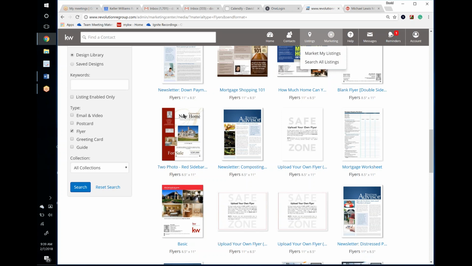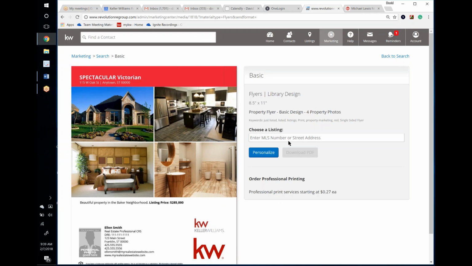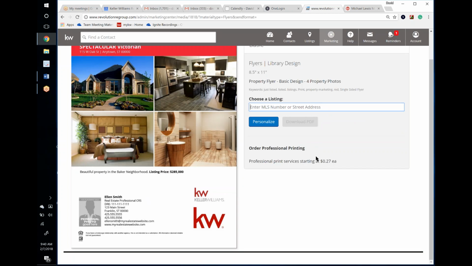If I was to click on any one of these, let's just go ahead and click on this one right here. It would go ahead and open it up, and I can personalize it. Now, if I had a listing, then I would enter that information in there. If it was a Keller Williams listing, I could pull that information down. If it was my listing, obviously that would pull down. But if it's a generic listing, I'm not going to get that, so I'll have to manage. If I click personalize,